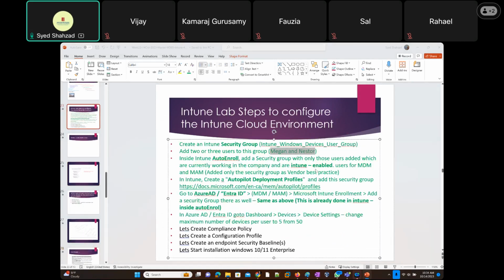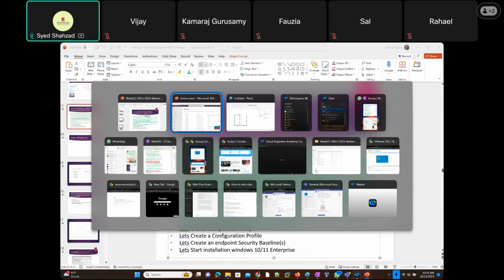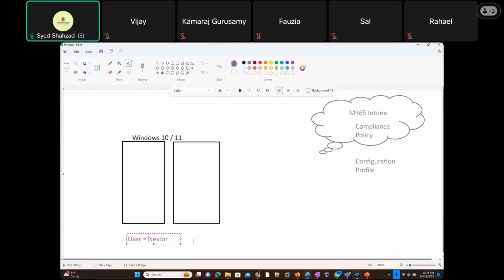So we have logged in from one machine as Megan and the other machine as Nestor. I think Windows 10 here was Nestor. So we're just going to confirm that. And user equals Megan, right? So after formatting, the first time you log in, you have to log in with these users. So what will happen is